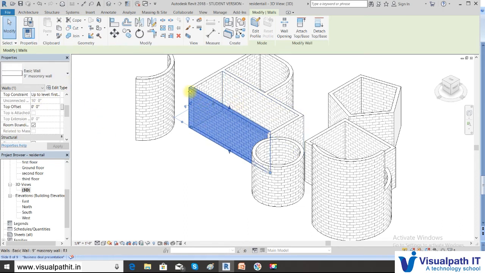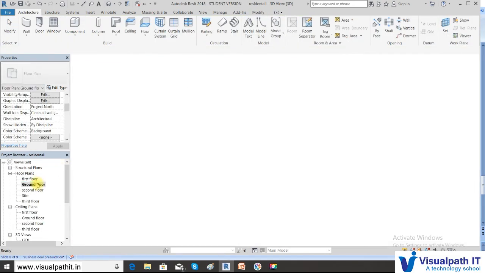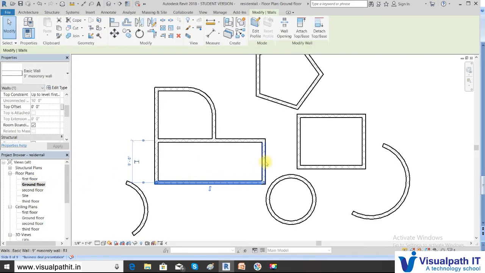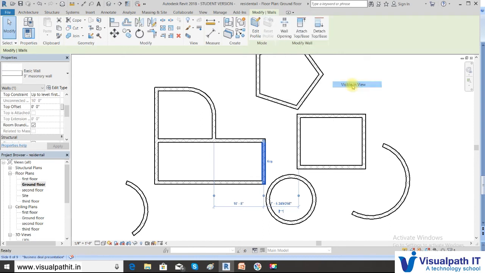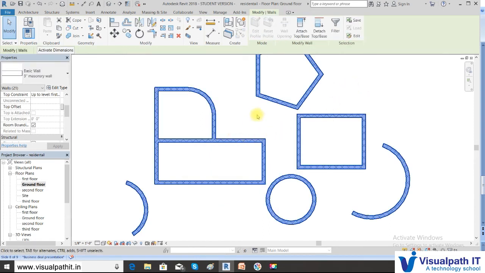Suppose I want to select both. Editing can be done in any views. So I can go to the ground floor, double click that. I want to select both these walls. Press Control and select. Or there are many ways. You right click and say select all instances visible in view. When you say visible in view, all the things will get selected.